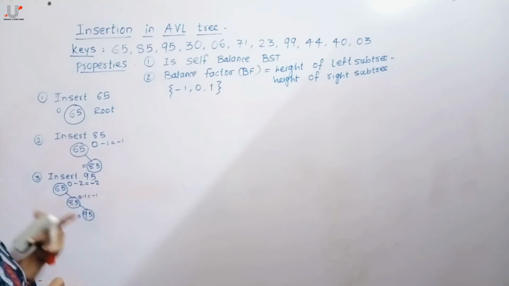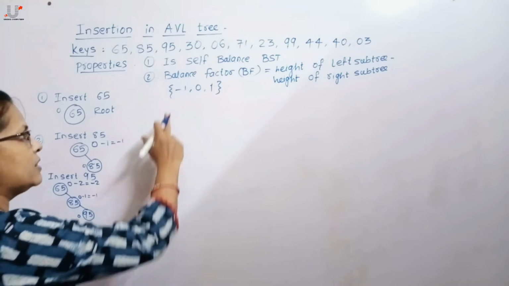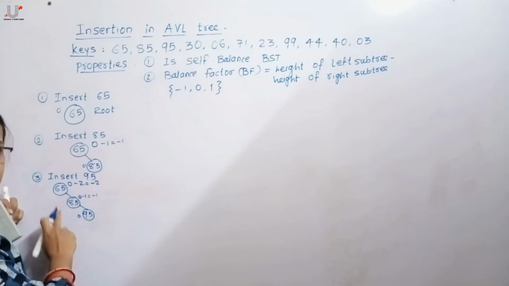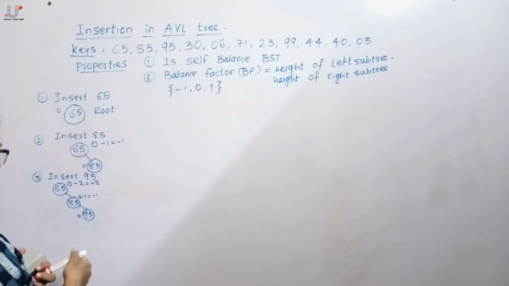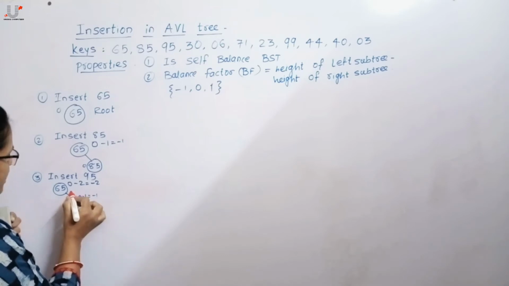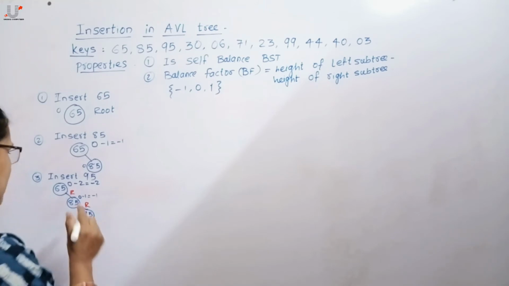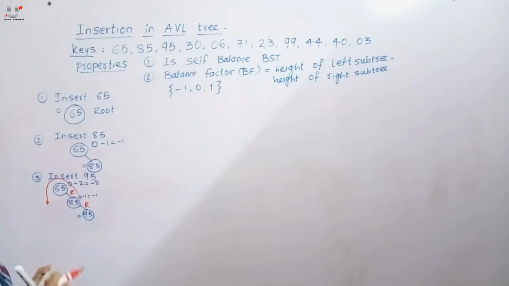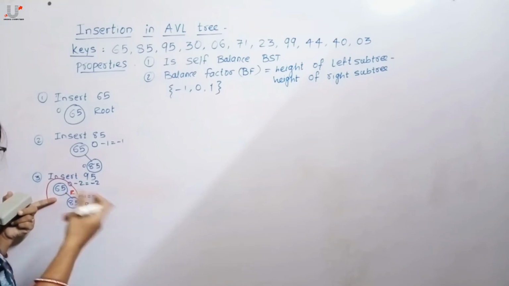As the balance factor is -2, this tree becomes imbalanced, because the balance factor must be either -1, 0 or 1. As it is -2 for 65, this tree is imbalanced. Why does the tree become imbalanced? Because of adding a right child to the right subtree. To balance it, we have to apply one left rotation, between 65 and 85. In that case, 65 is pulled down and 85 becomes the new root.